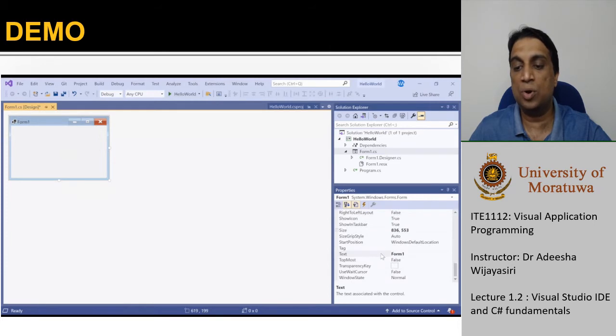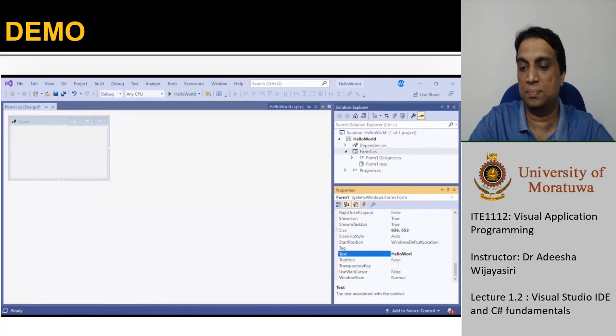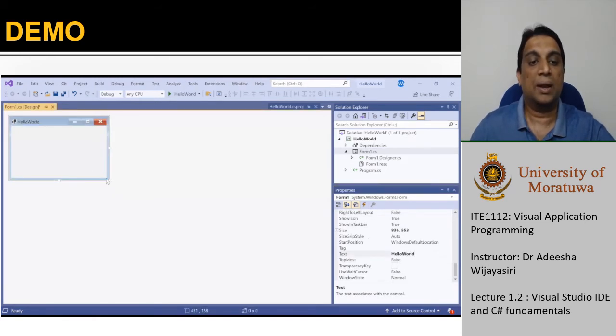Right now, I'm going to change the text of the form. As you can see here, now it is visible as Form1. So I'm going to change it to Hello World. And our objective in this application is to create a text input and also a button.